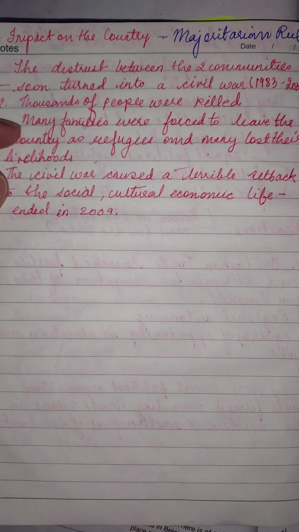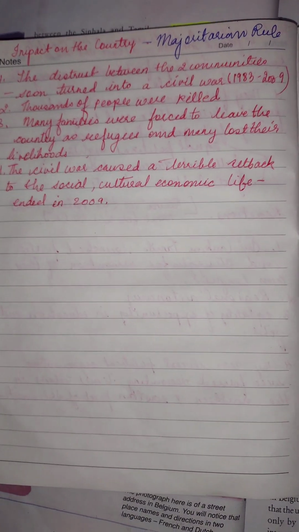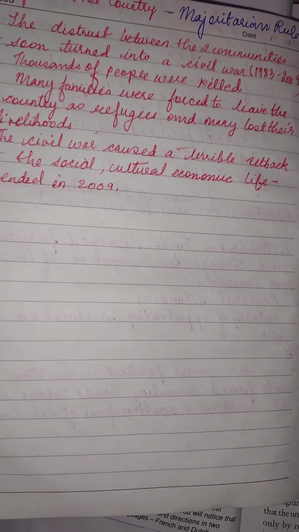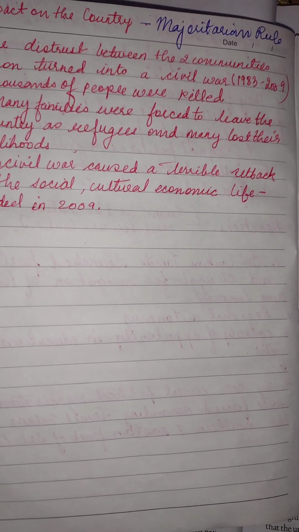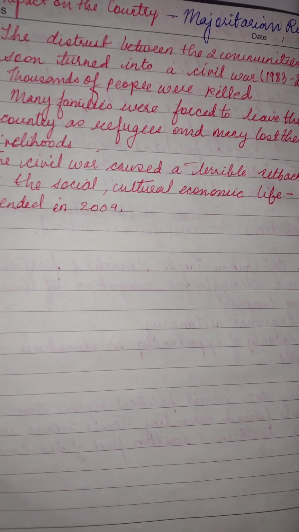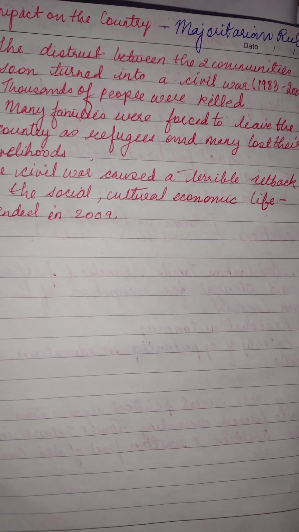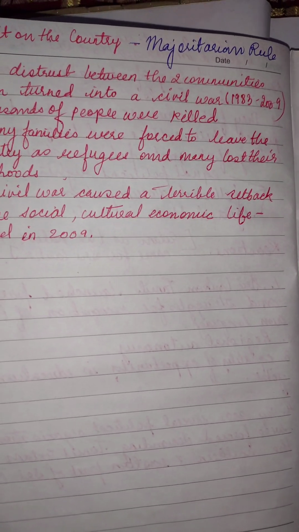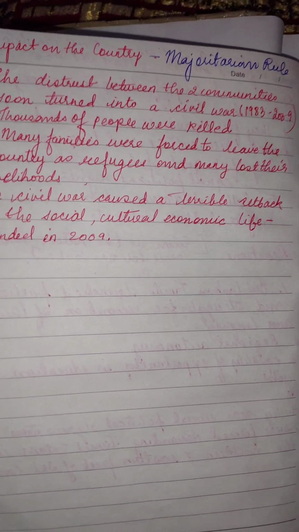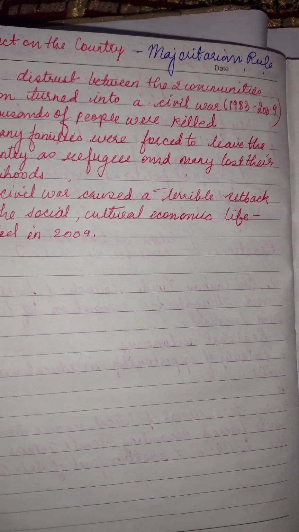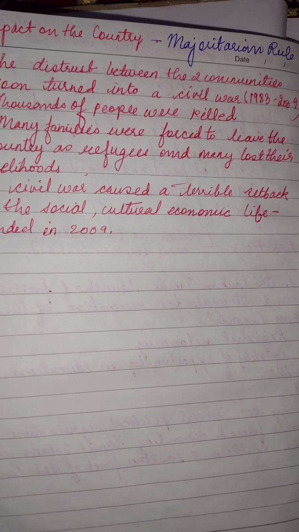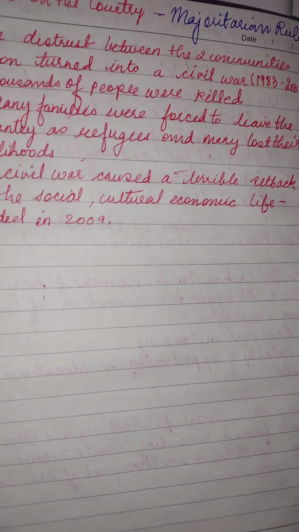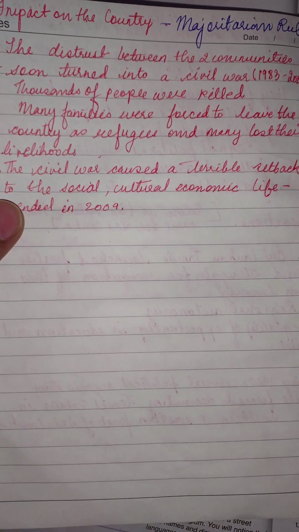Thousands of people were killed. Many families were forced to leave the country as refugees, and they lost their source of livelihood. For example, if I am living in Sri Lanka and I had an agriculture farm in the portion where I was living, because of the civil war everything got destroyed and spoiled. So my source of livelihood ended. Many people lost their source of livelihood and had to move out of the country as refugees. Also, the civil war led to